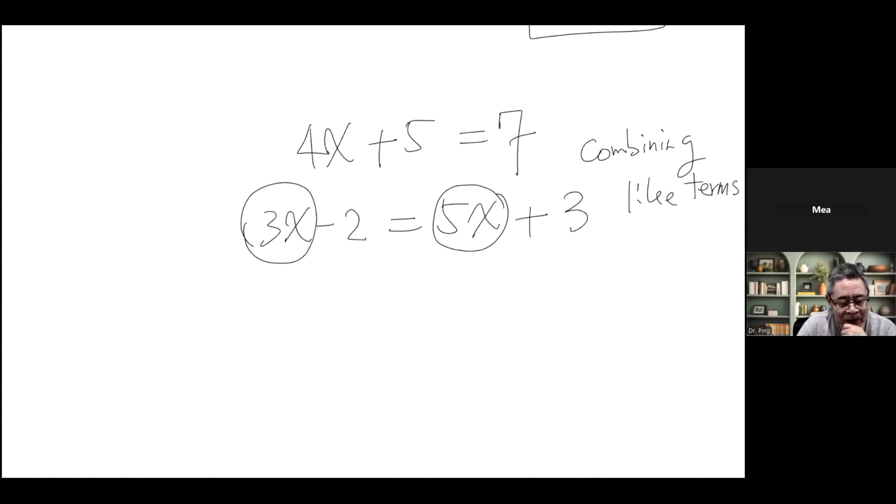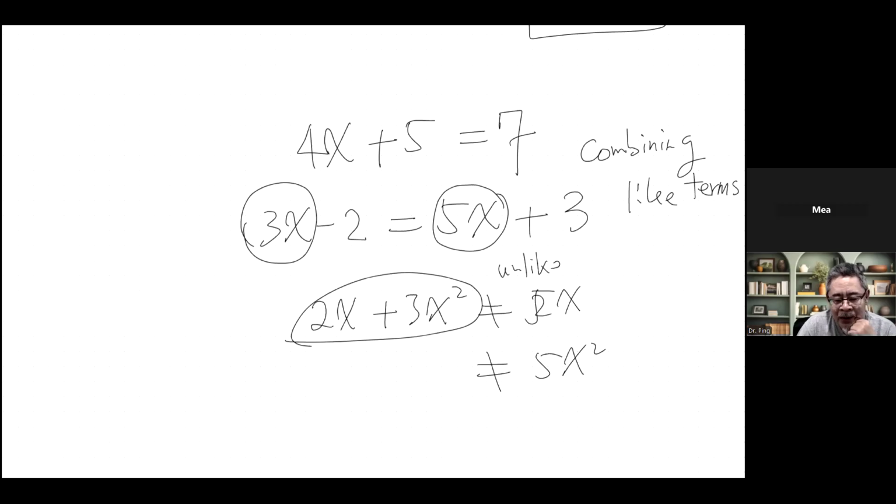Now, if you have something like, say, 2x plus 3x squared, now they are not like terms, so we cannot add them. This is not equal to 2x or 5x, and it's not equal to 5x squared. And these are called unlike terms. We cannot do anything about that. We cannot add them. But here, if you have like terms, what we're going to do,